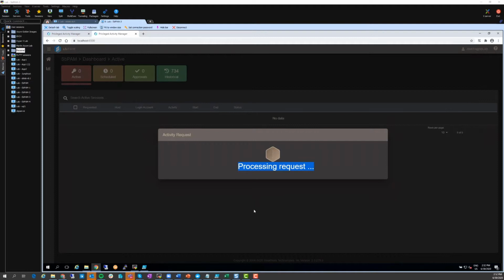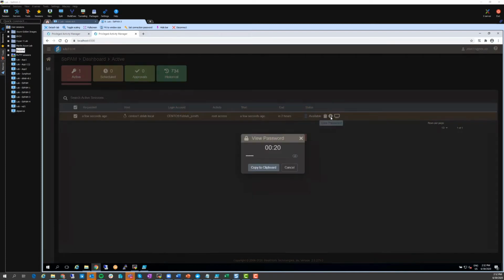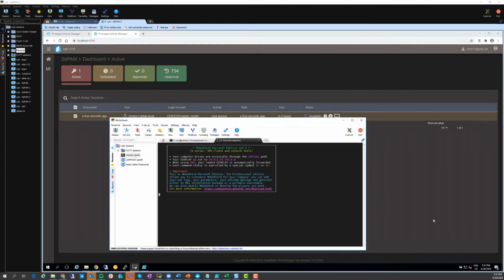This is now provisioning an account on that local system based upon the user's SAM account name and the domain, because the access policy has given them access to the password in case they need it for sudo. If we don't have a no password option set against a line, then we allow the user to copy the password, or we can actually log the user directly onto the endpoint. So in this case, we'll see that we're able to log the user in,